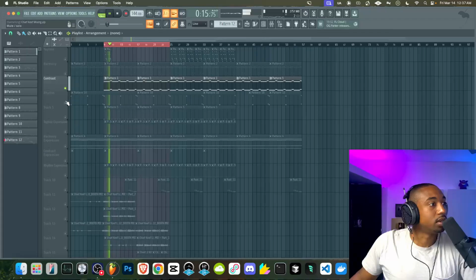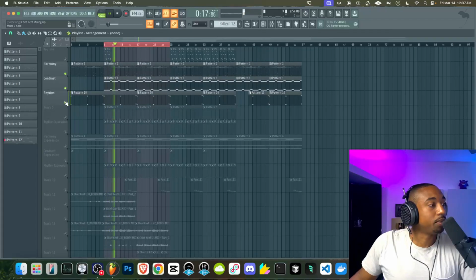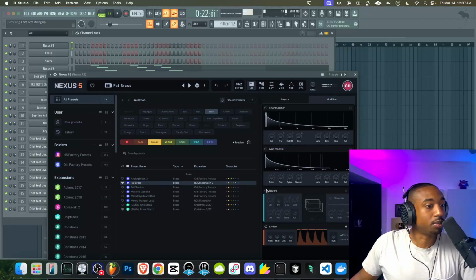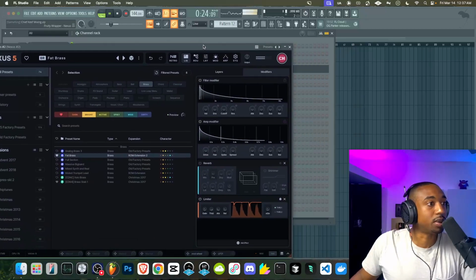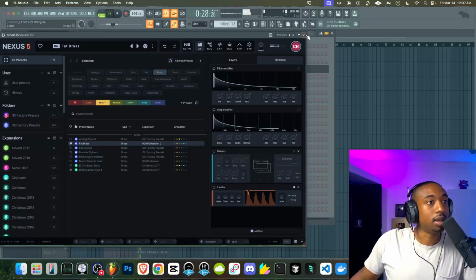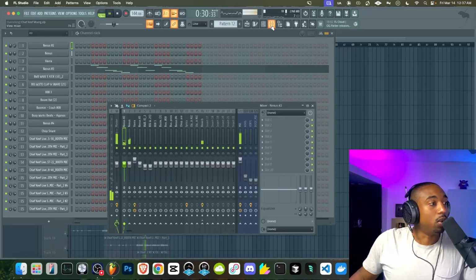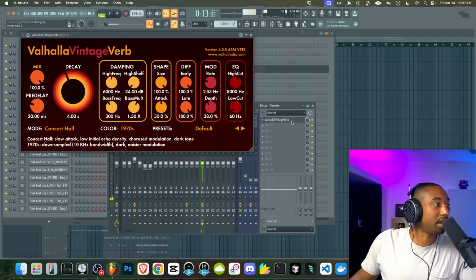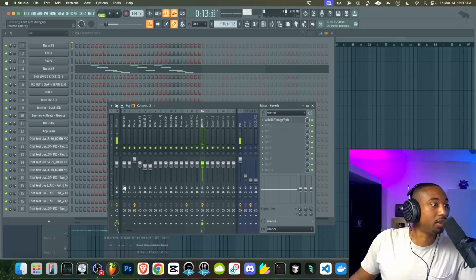Okay, so let's add the chords in. These chords also have their own reverb. Let's go to the plugin. Let's turn off the reverb. Now you don't always have to turn off reverb. This is just showing you the microscopic stuff about mixing and sound design. Okay, so let's find channel 1. Notice how quiet they are, but they stand out because it's a brass and it's very bright. Let's left click on our staccato and send that to the reverb. So now they feel like they're coming from the same exact reverb here.